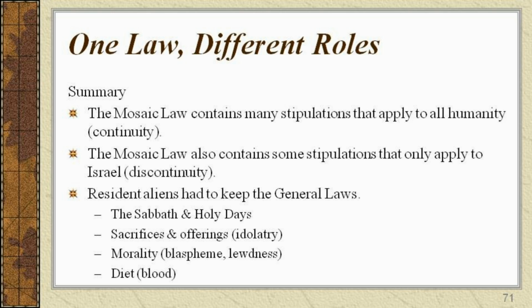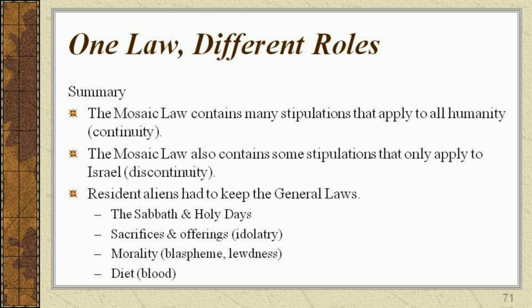From the time of Adam to the establishment of the Old Covenant at Mount Sinai, we have seen a growing body of general laws that God expected Israelites and Gentiles to obey. This represents not just continuity from one dispensation to the next, but also continuity between the Israelites and Gentiles.